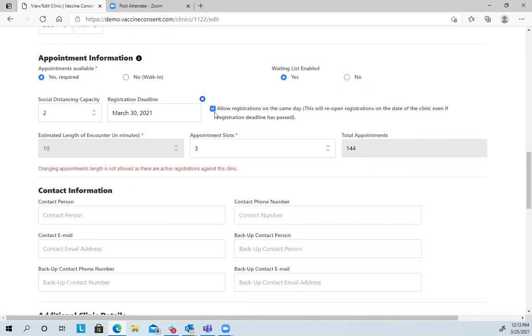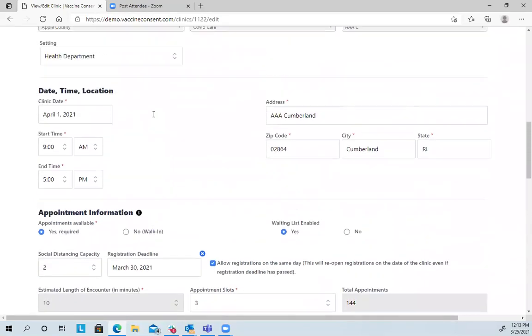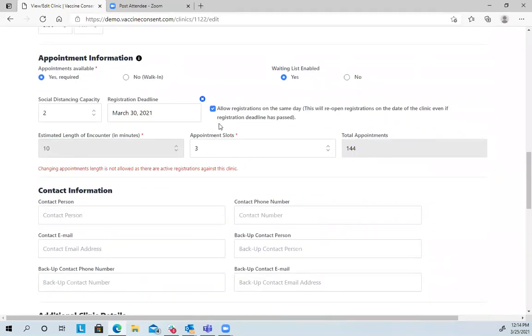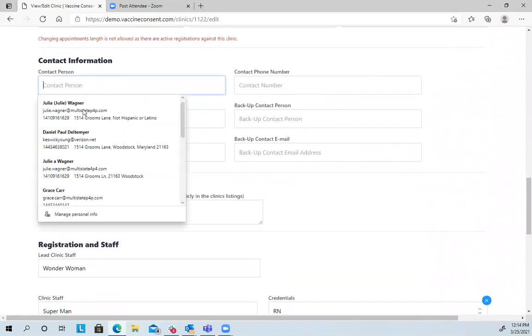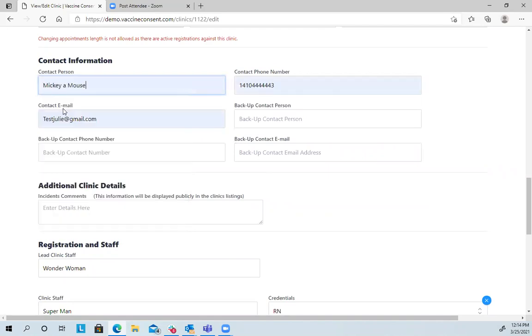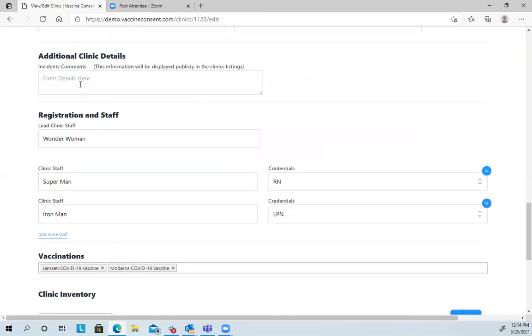This button's important on this page because when this is turned on, even though we closed off registrations on the 30th, on April 1st, they're going to turn back on if this is checked. It allows registration on the same day. So make sure you're aware of that. And then we also have a function where you can decide if you want people on a waiting list or not once you're full. We always say when setting up clinics, it's really important that we put in who is the person that people can contact for the clinic. So we hope that when you're going into your clinics, you would already see this. And additional details is something that can show on a public page, enter the side door, wear your mask, etc.